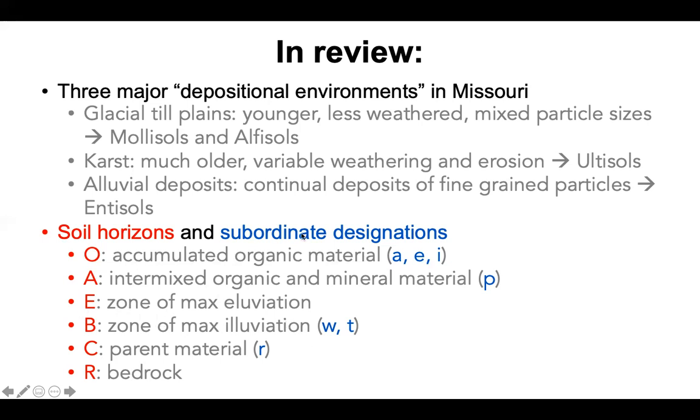B horizons need to have a subordinate designation, and there are dozens that we can see, but the most common ones that we'll see are a w and a t. A w subordinate designation means weak differentiation or pedogenesis, and t means the accumulation of clay. Then we have a C, which is parent material, and that parent material is undifferentiated, but C can have an r designation, which indicates saprolite. Saprolite meaning decomposing bedrock. And that's a kind of throwback to our R horizon, which again are not very common, but that indicates